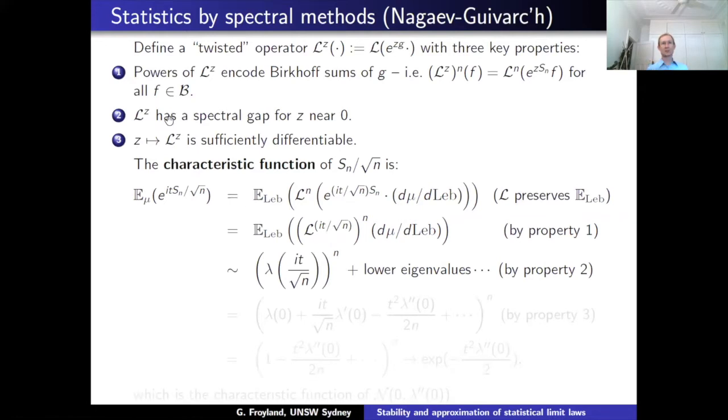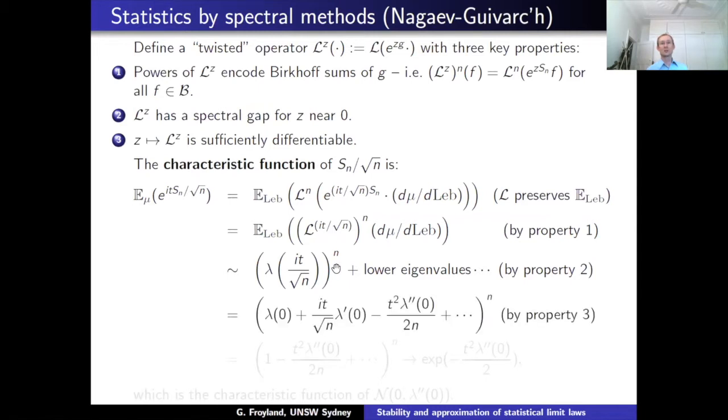Now we're going to use the fact we have a spectral gap. So the spectral gap means that we have some leading eigenvalue that's just sitting out there by itself. And so the question is, how fast does this grow? And it's going to grow like the leading eigenvalue to the n plus other eigenvalues that are going to grow at much lower rates. So asymptotically, we're looking like this.